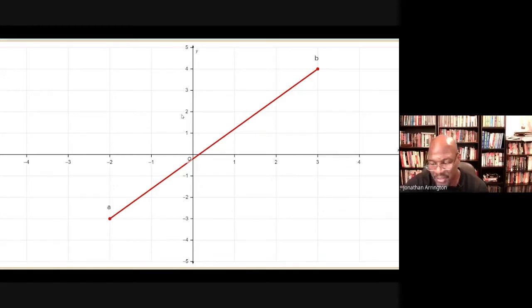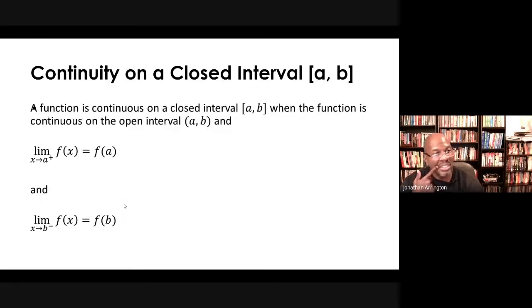So how does the definition take that into account? Because the only thing we can look at on a and b are one-sided limits. I can only look at b from the left and I can only look at a from the right. And guess what? That's how we define continuity on a closed interval. So, a function is continuous on a closed interval [a, b]